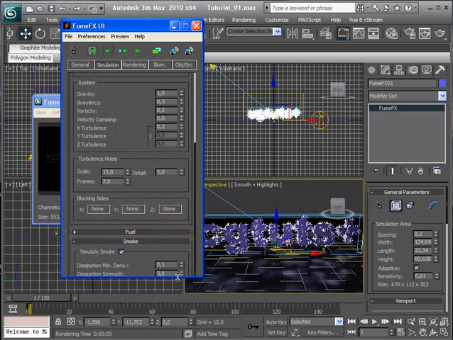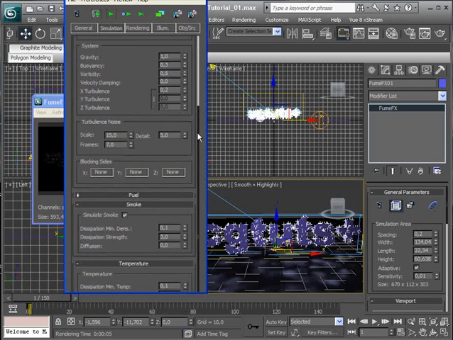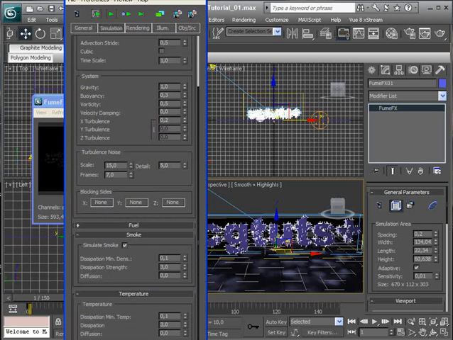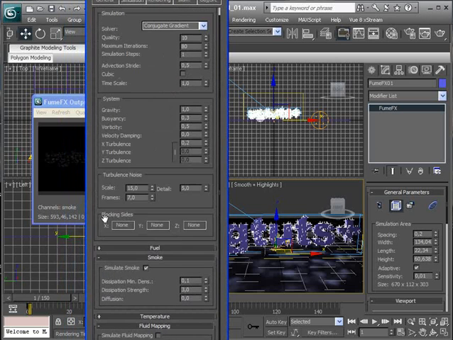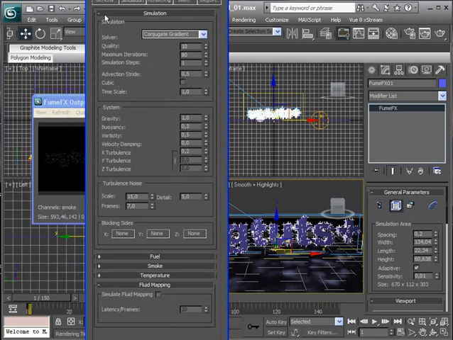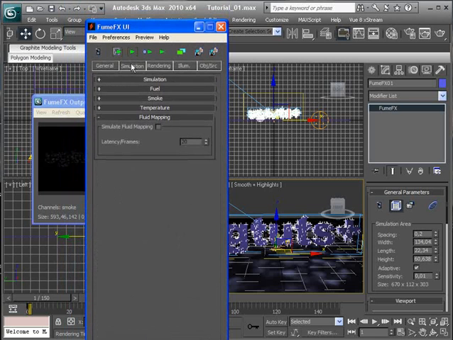So what we need to do is to introduce the fluid mapping. I'll just have to resize my film effects panel. It's at the bottom, so there it is. It's under the simulation tab. We'll have to click